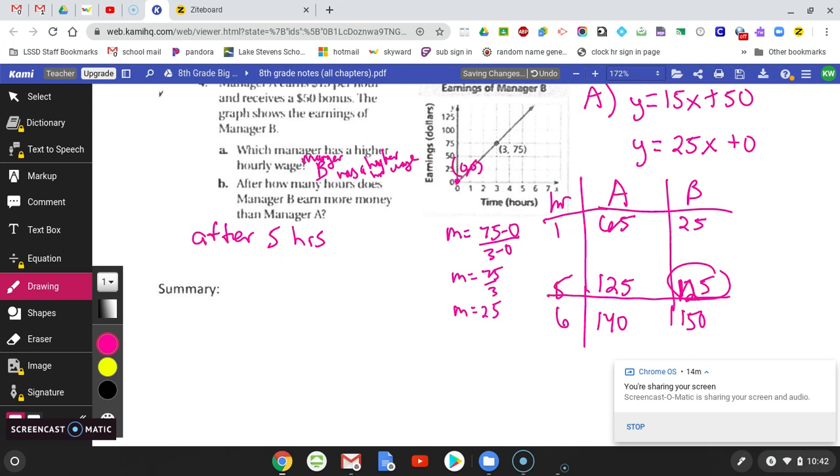All right, so linear functions. Take a second, write your summary. What are we doing with linear functions? Can you identify whether